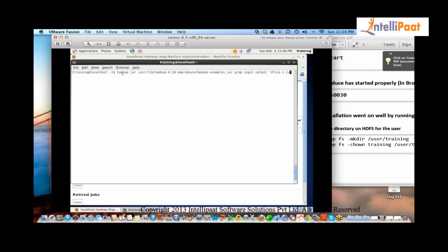Following things are compulsory. You have to start with Hadoop. Then you have to say which jar file you want to run, so jar and which jar file. Then you need to tell what is the main class in the jar file. Everything after that is a parameter that your Java program has to understand what to do with. So if you are writing a Java program that does not need any parameter at all, these three will not be there at all.